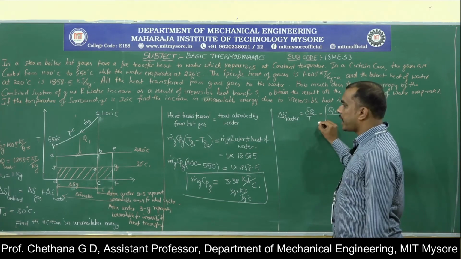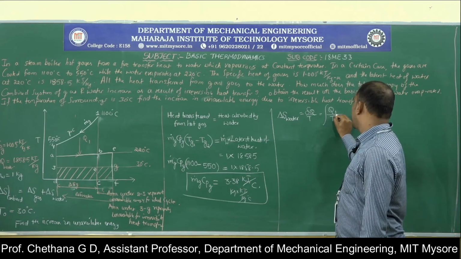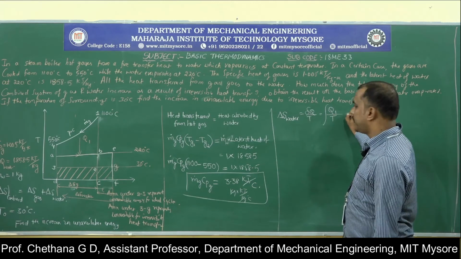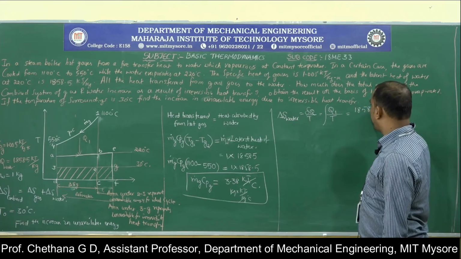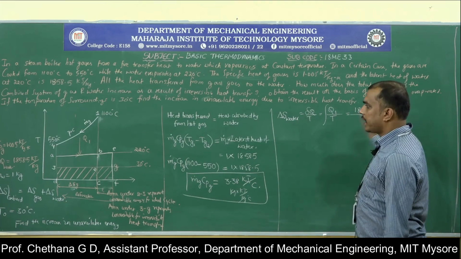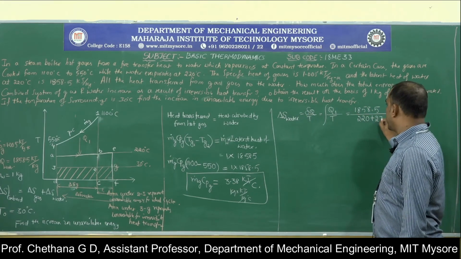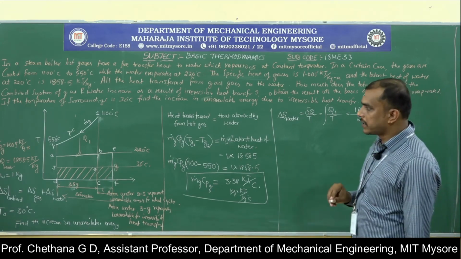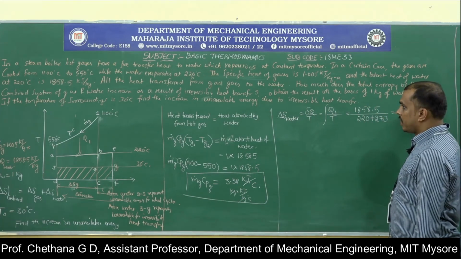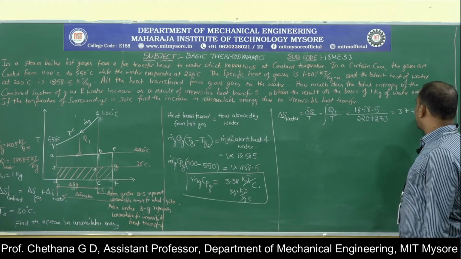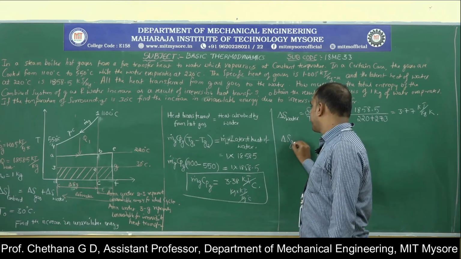So this will be a temperature limit, you know that. So Q1 by temperature T, where delta Q is the latent heat, which we know, 1858.5, divided by the temperature, which is 220 plus 273. We are getting delta S of water as 3.77 kilojoule per kg Kelvin.